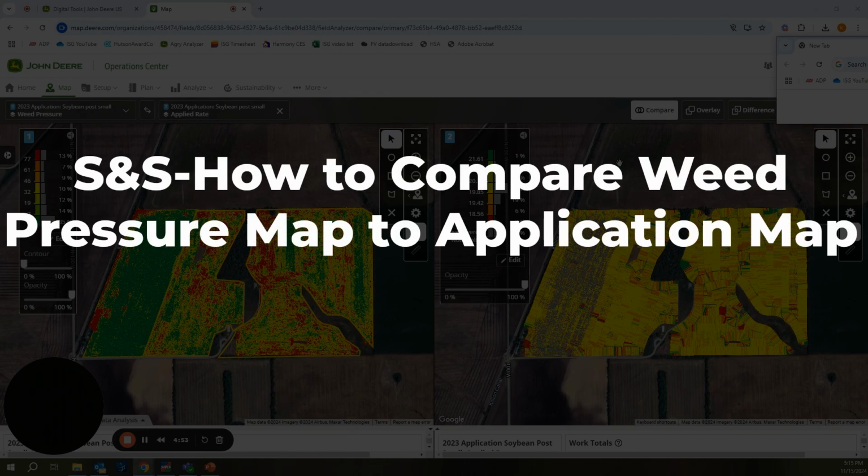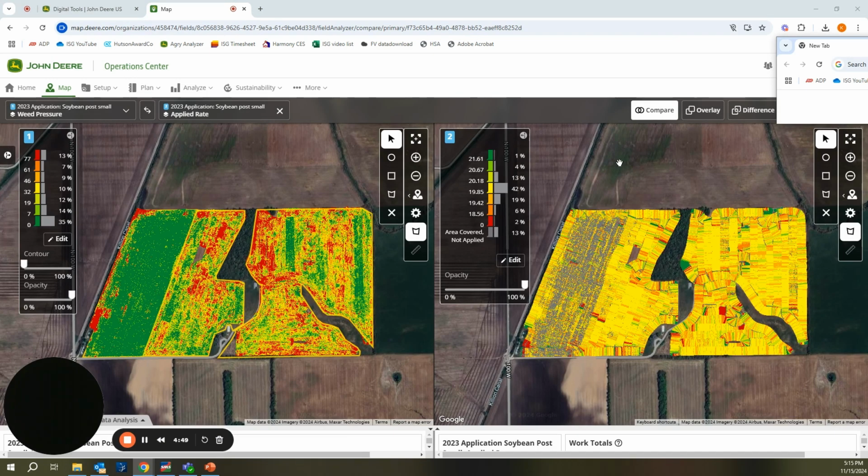After you've used See and Spray technology in the field, it's a really good practice to go back after the fact, look at those application maps, see if there's anything you can change, anything that you can learn from that application, whether that be in the app or on the website. I really like to use this website comparison so you can compare weed pressure to the application rate side by